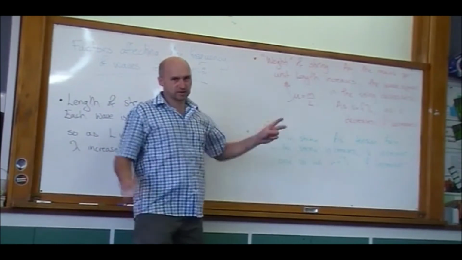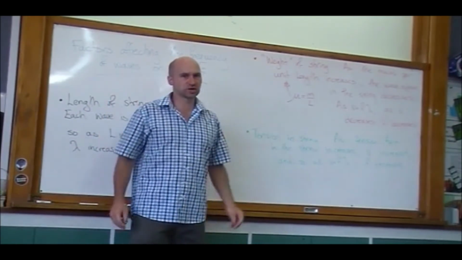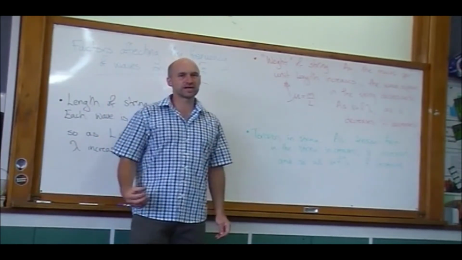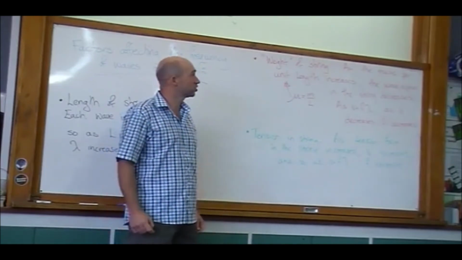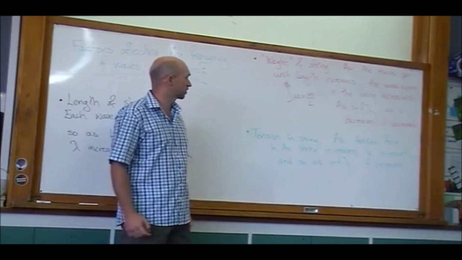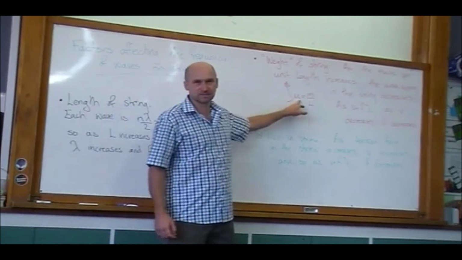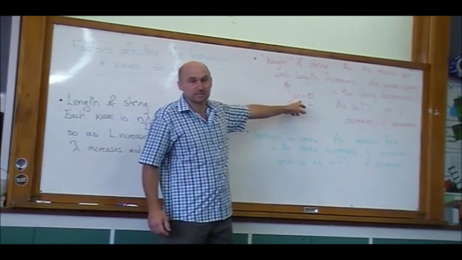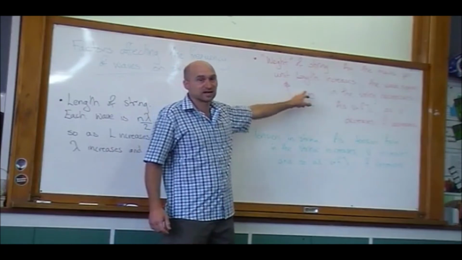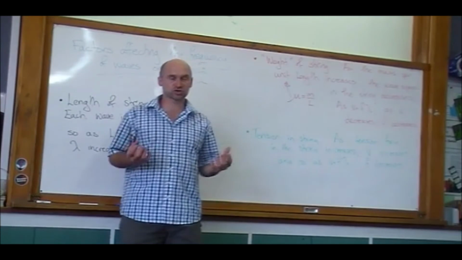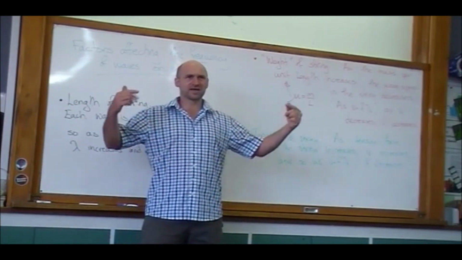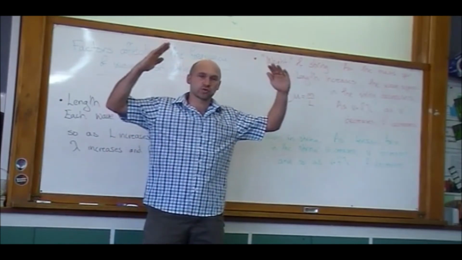The next one is the weight of the string. The weight of the string, what we really mean is how much mass is there per metre length, per unit length of the string. So we can define this mu as mass per unit length, just mass divided by length. And what happens is that as the string gets more massive, there's the same restoring force trying to